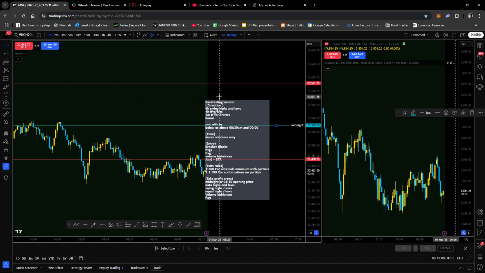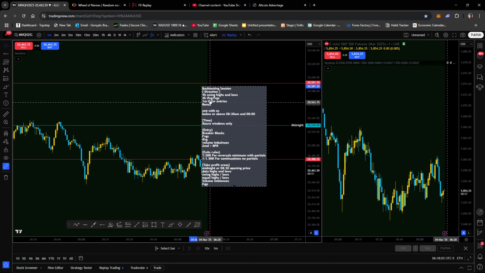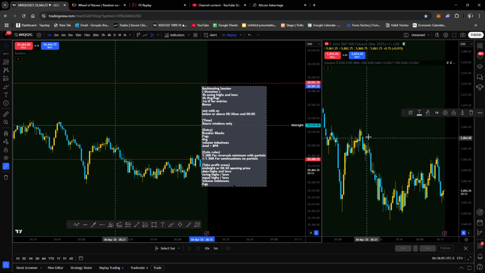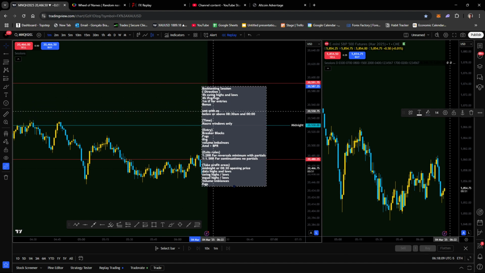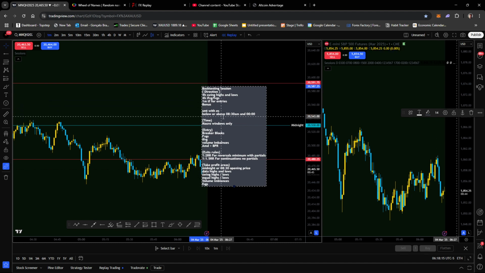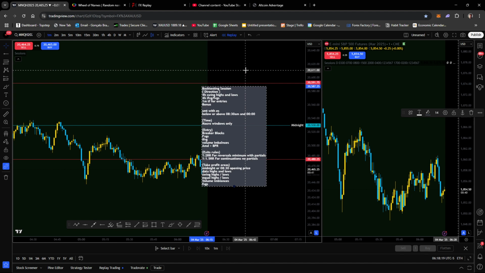Now, a bonus for our directional bias will be if we have SMT with ES, because ES and NQ are meant to be correlated, so SMT is just divergence within the correlation. An extra bonus is if we're beneath or above the 8:30 or midnight opening price, will be extremely expensive or